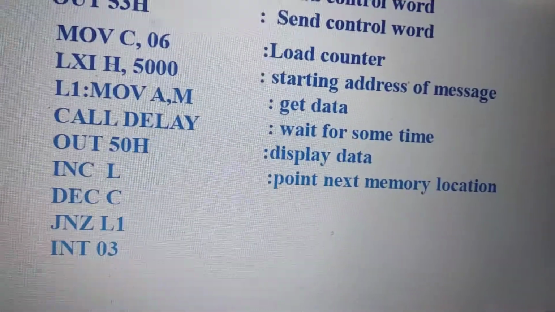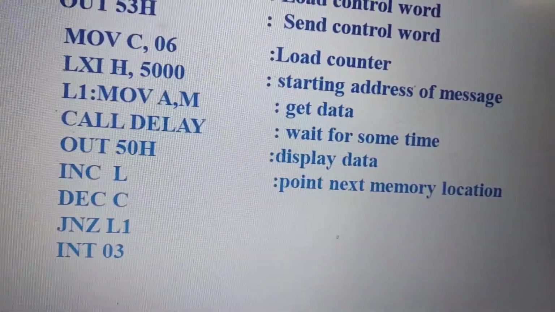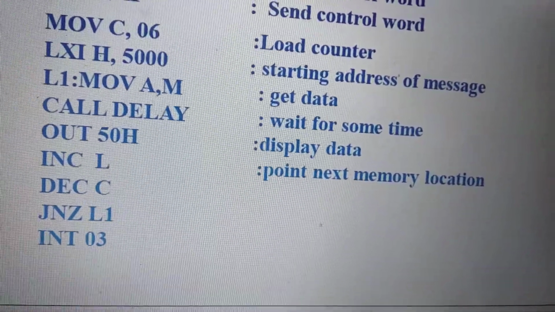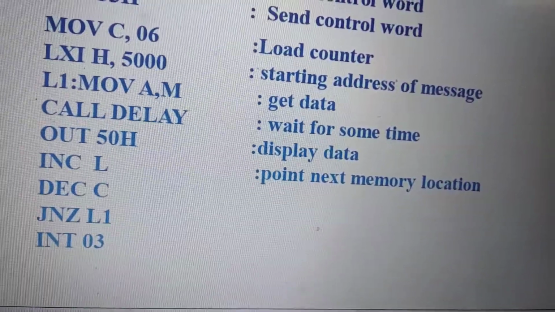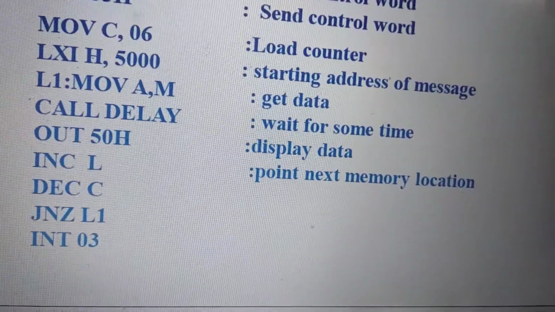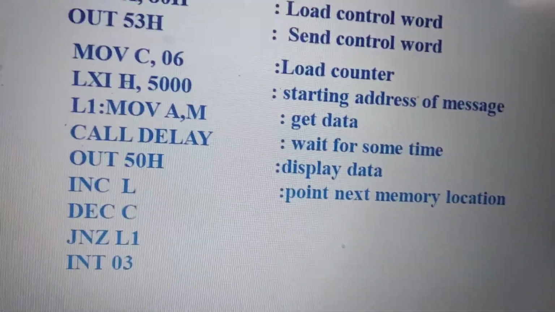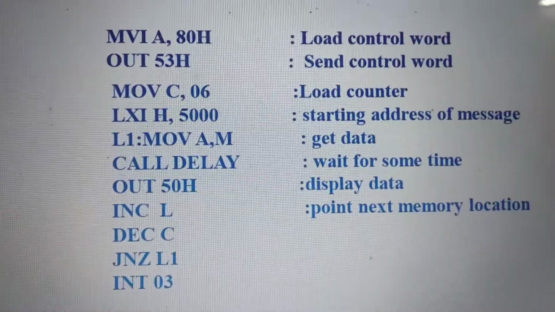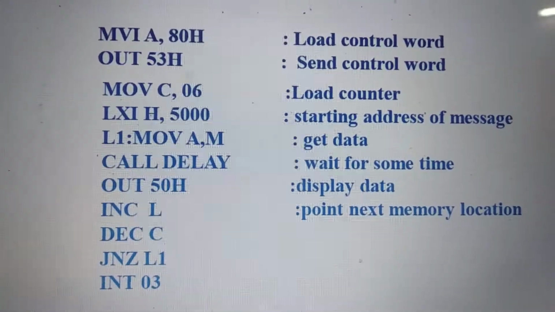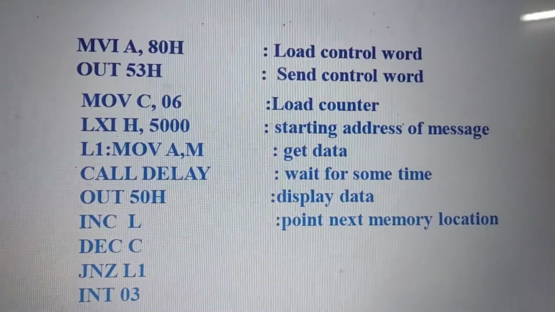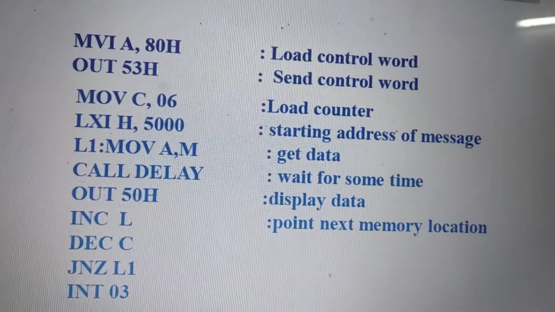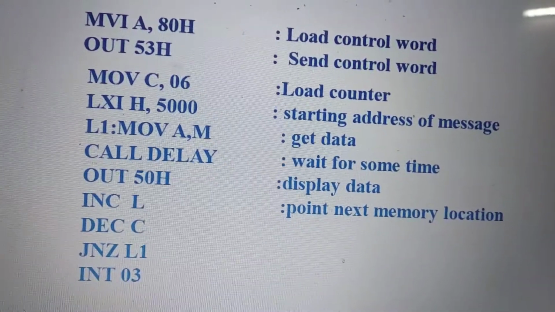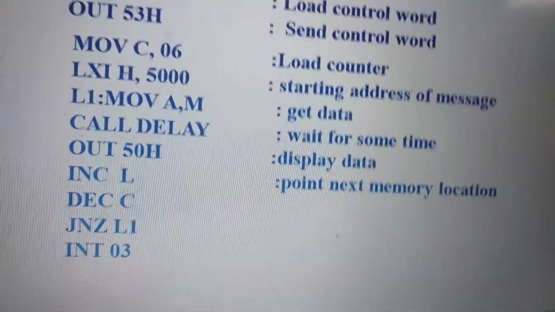Because as we know, our persistence of vision is a fraction of a second, and if two consecutive data are displayed within less time than that, then our eye will not be able to detect the change. So for displaying 0 and 1, or 1 and 2, different numbers, we need some delay in between. That's why the delay program is written.